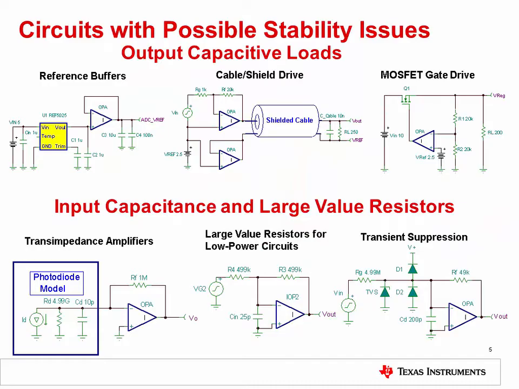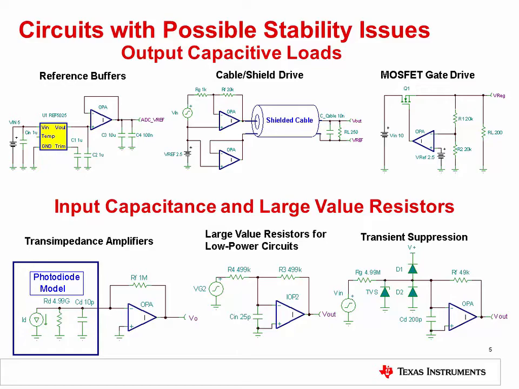So, without further ado, here are the most common circuits and applications involved in op-amp stability circuit issues. These circuits all create unwanted delay from the output to the feedback node and can be divided into two distinct groups based on the issue they cause in the op-amp control loop.